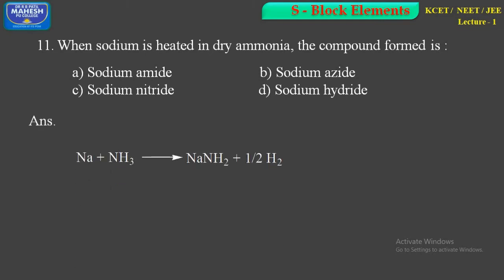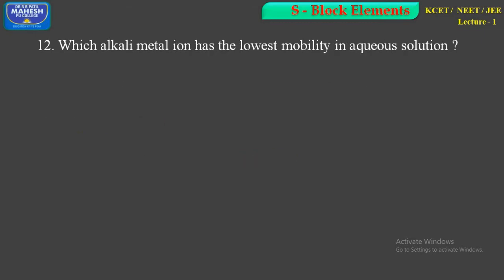When sodium metal reacts with ammonia, we get sodium amide along with hydrogen molecule. So option A is the right answer, sodium amide. Question 12. Which alkali metal ion has the lowest mobility in aqueous solution? And the options are option A, rubidium cation, option B, cesium cation, option C, lithium cation, and option D, sodium